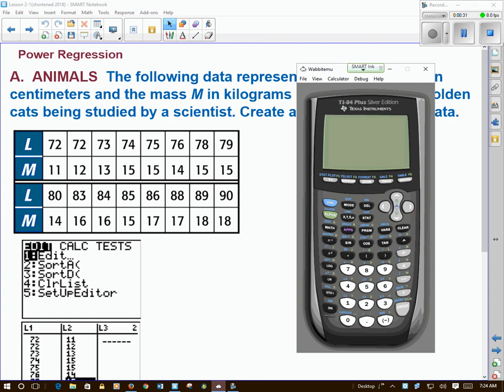So we want to start by entering the data. So we go to Stat and Edit, and I've already entered my data here, so pause your video and enter the data. Once the data is entered, then we're going to quit. We don't want to go to Stat again, quit that, and we want to make sure